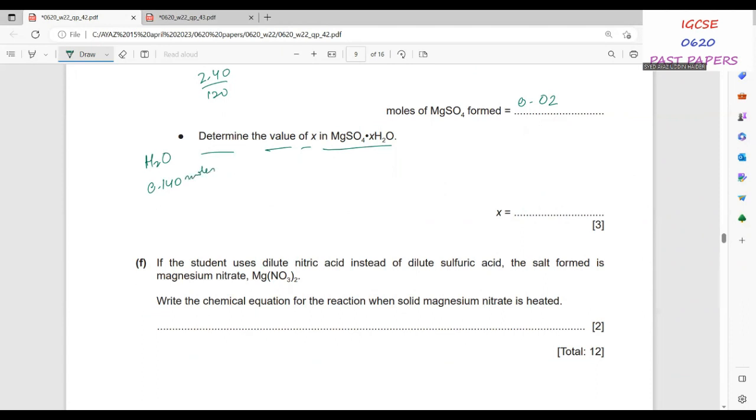Moles of MgSO4.XH2O, 1 mole lost this. So 0.02 moles lost 0.04 moles. So cross multiplying, we'll get X equal to